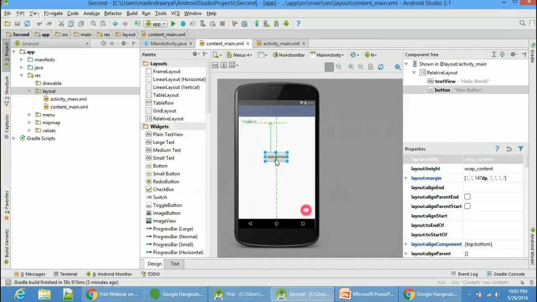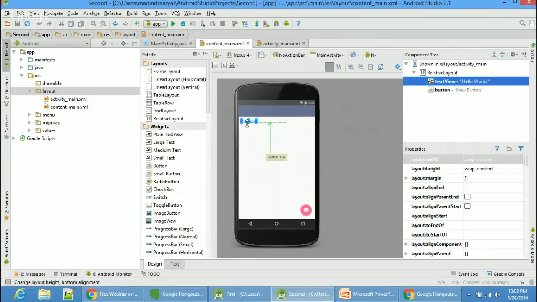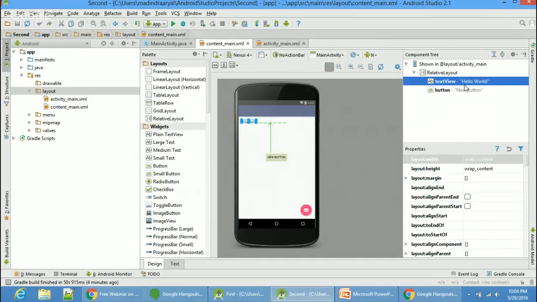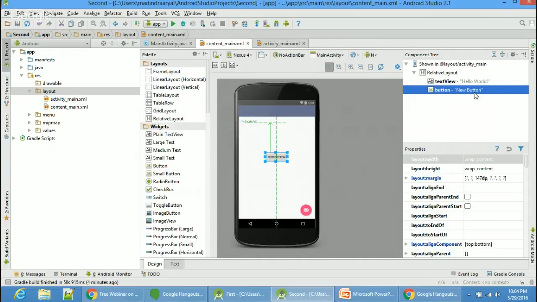You can simply change the name of the button here in the right hand side of your screen, which says component tree. The text view is this one, which was created by default. It says hello world, and the text was actually displayed because text was given the string hello world. Now the OK button similarly was given new button. So if I want to make changes